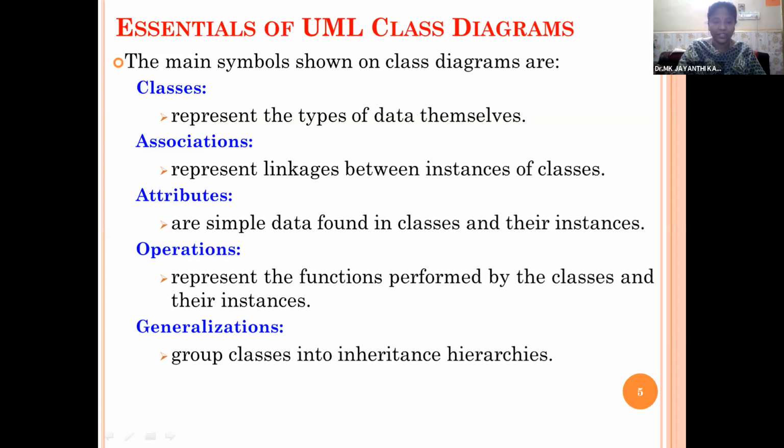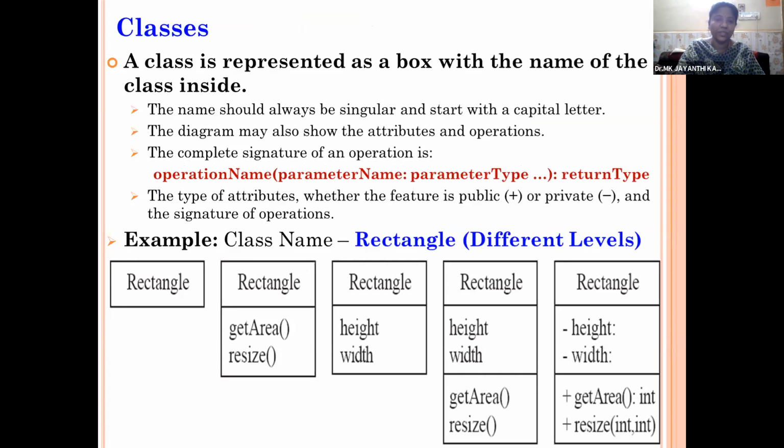So the various notations used in classes are, a class is represented as a box with the name of the class inside the rectangle. This diagram shows a rectangle symbol used to represent a class. The class name is written inside the rectangle.